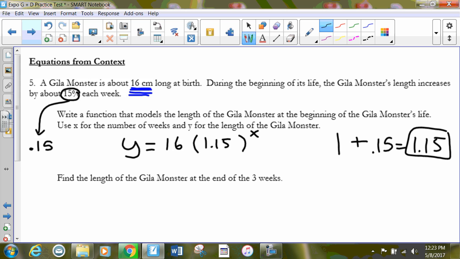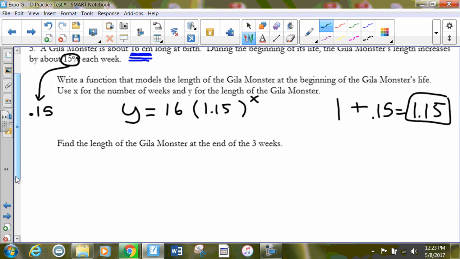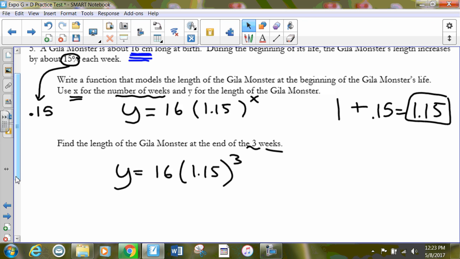So then it says find the length of the Gila monster at the end of 3 weeks. So x stands for the time, right? X stands for the number of weeks. And so it's saying 3 weeks. So that means I'm going to take my equation and plug in a 3 for x. I'm going to pick up my calculator. I'm glad I have one close by because I can't do this in my head. I'm going to put this in the calculator. I'm going to remember to use that up button to get up into the exponent, so I can put a 3 there. And when I hit enter, I get